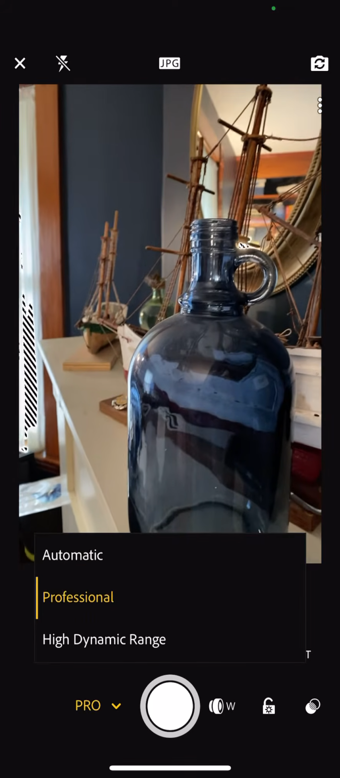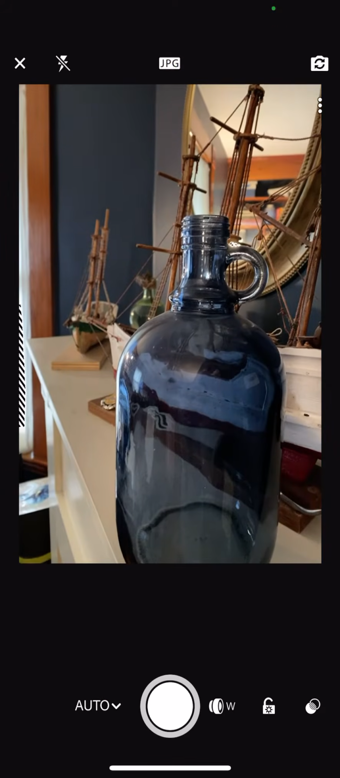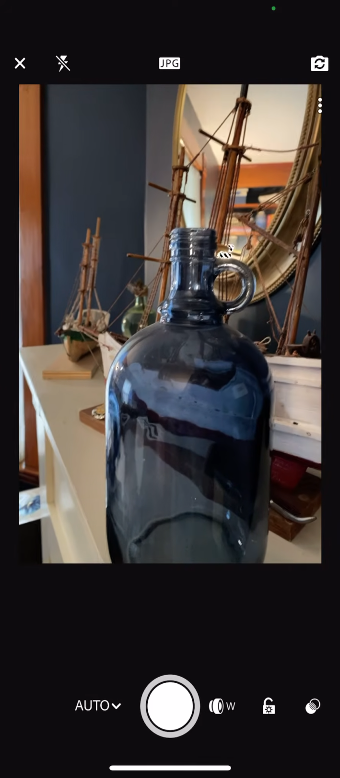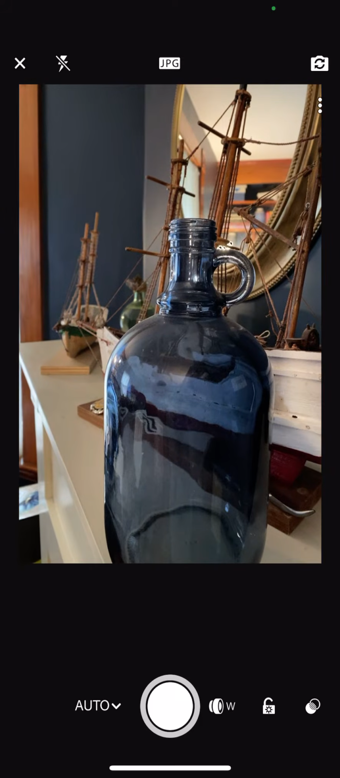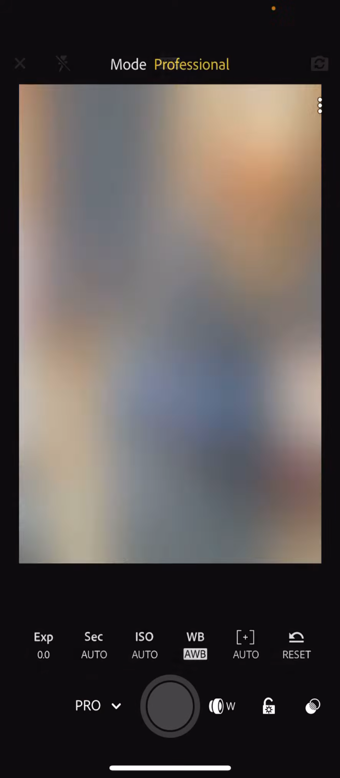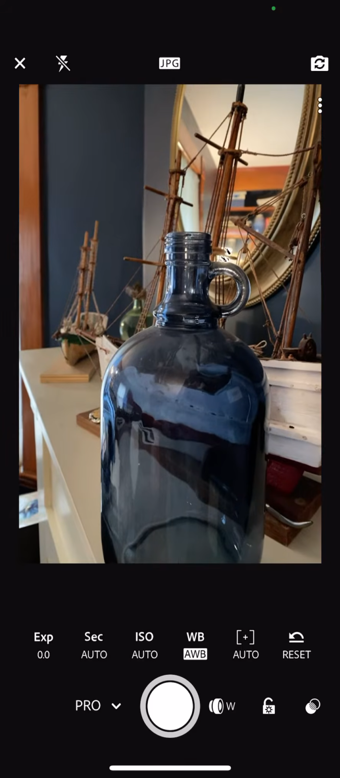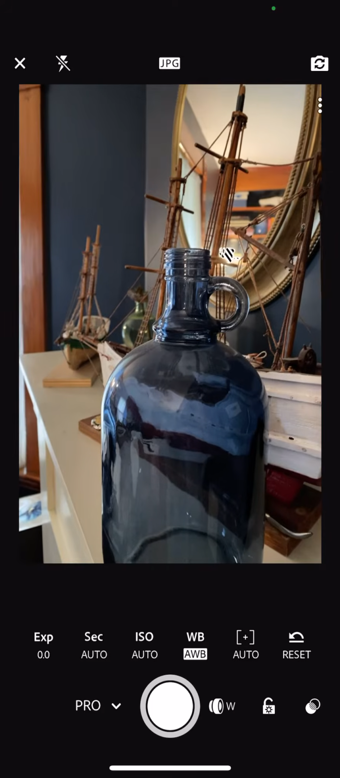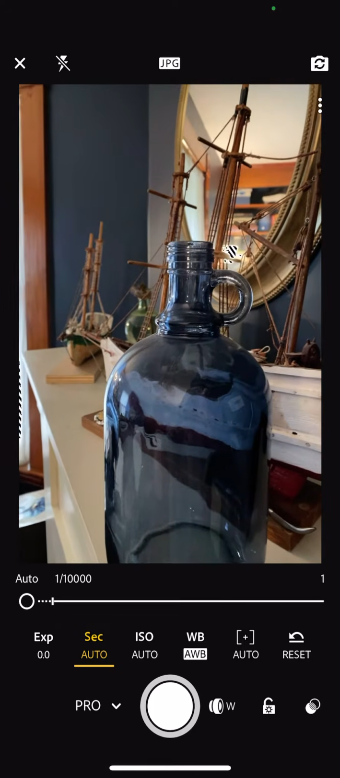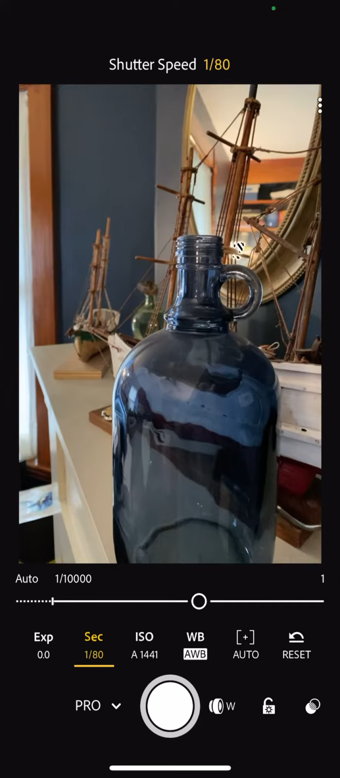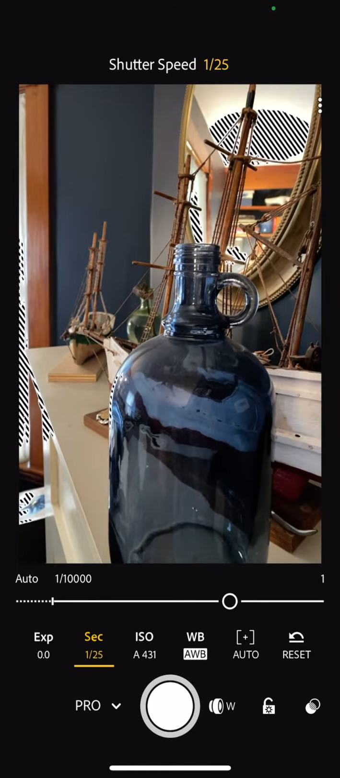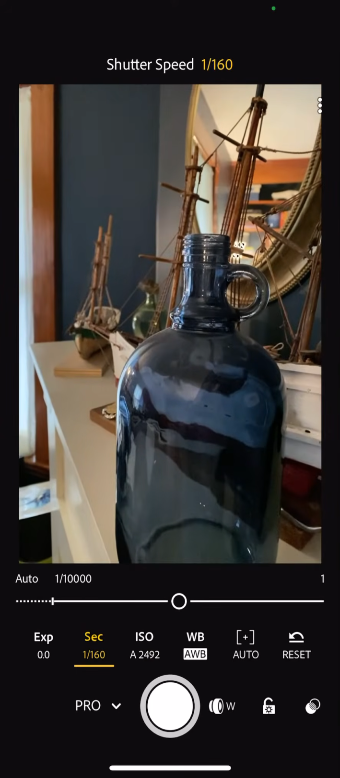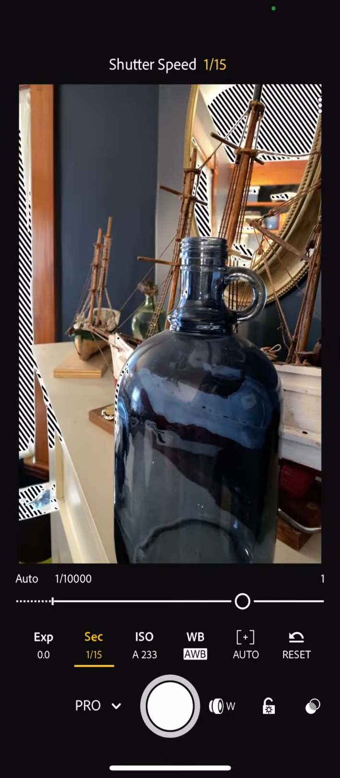And so when you first open it up, it'll probably say auto in the bottom left-hand corner. What you want to do first is change that to professional. Then that will give you options such as seconds, which is your shutter speed. You can have it on auto, or you can slide it back and forth to different shutter speeds. So up at the top, it'll show you that's 1/60th of a second, that's 1/15th of a